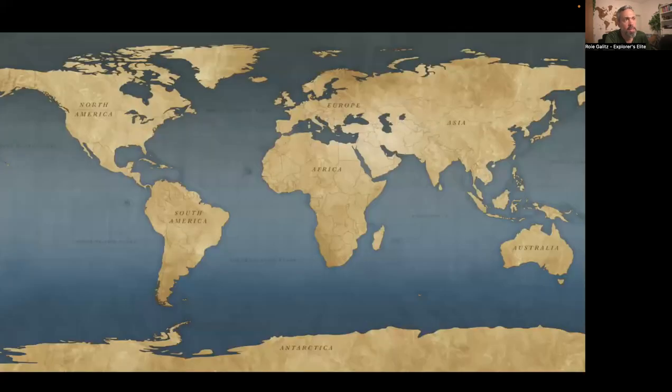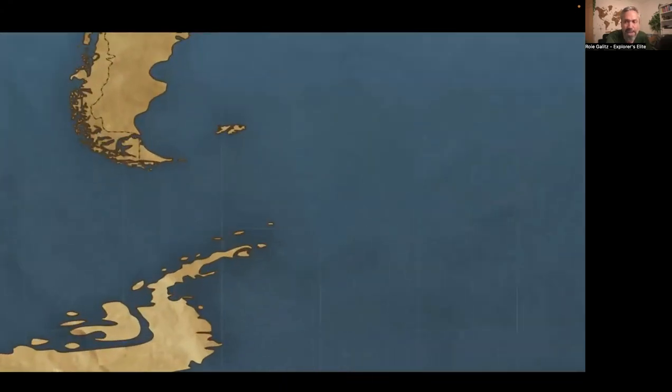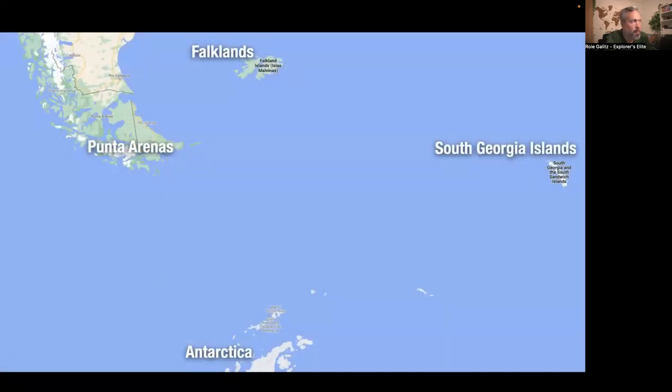So first of all, where is South Georgia? South Georgia is in the South Atlantic, right next to Antarctica. If we zoom in on the Antarctic area, you can see this is South America, where Punta Arenas is written. This is Tierra del Fuego. We have the Falkland Islands, or Isla Malvinas, depending on where you live, South Georgia Islands, and we have the